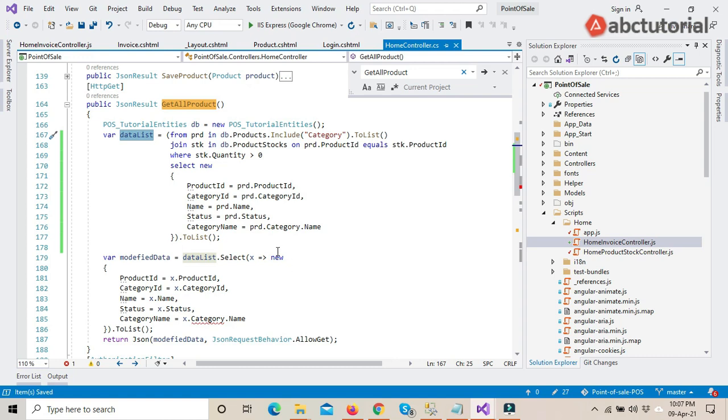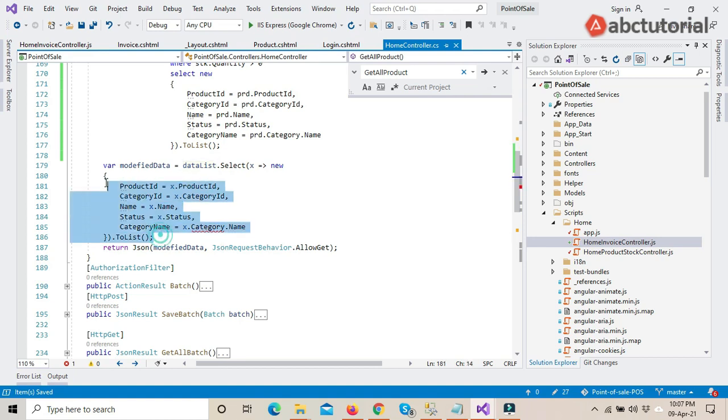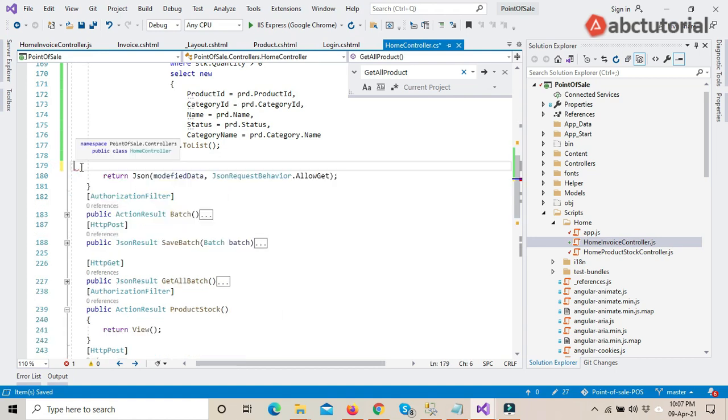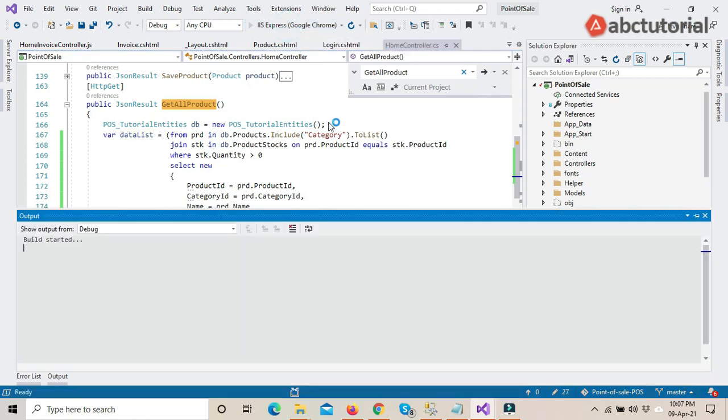So now I will return this directly. Okay, so if I run the project now,